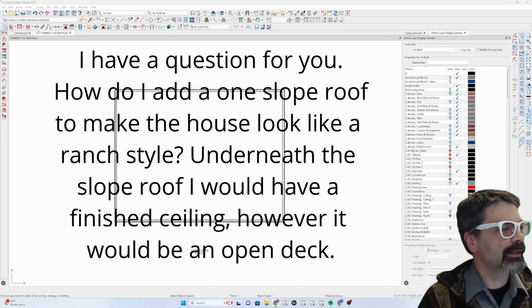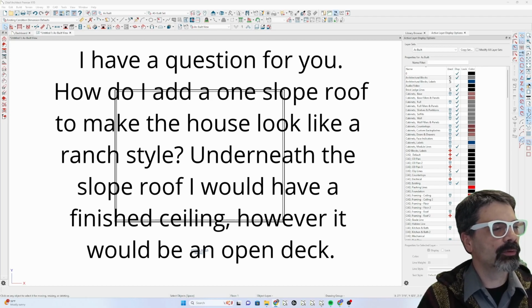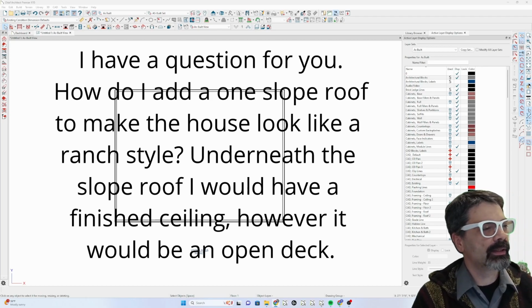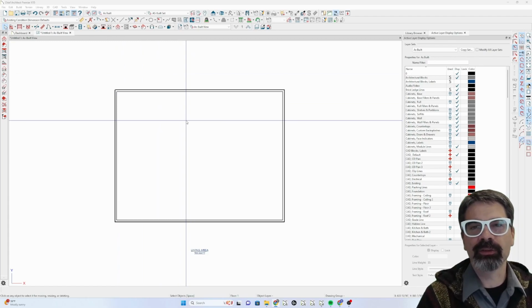How do I add a one slope roof to make the house look like a ranch style? Underneath the slope roof, I would have a finished ceiling. However, it would be an open deck. I hope I'm understanding this correctly. Let's get into this